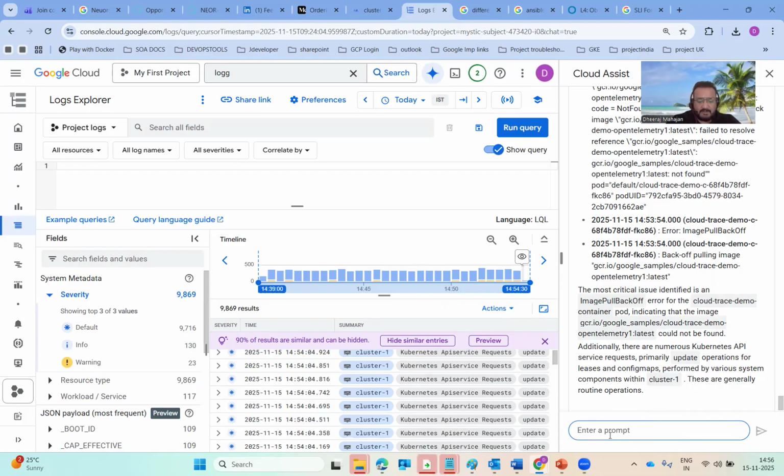So I will ask it: can you please help me with a query for Log Explorer or for an alert policy based on keywords